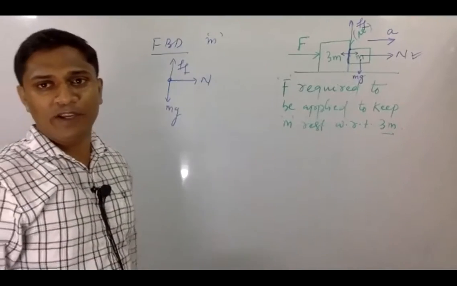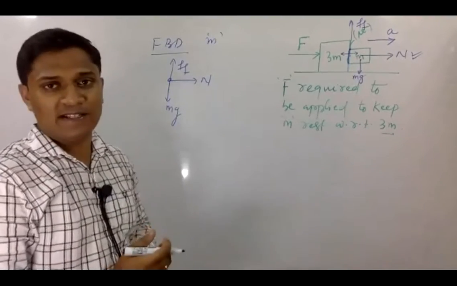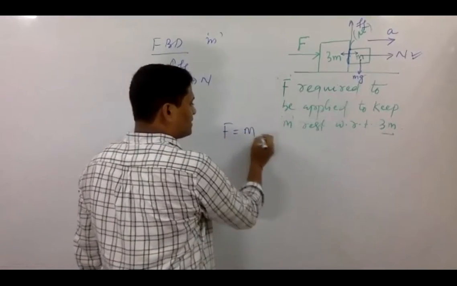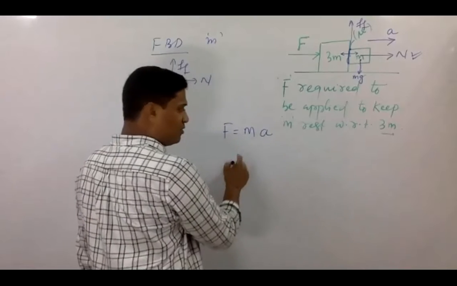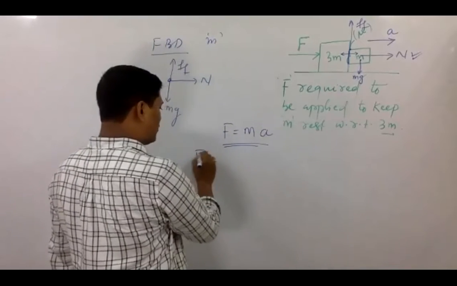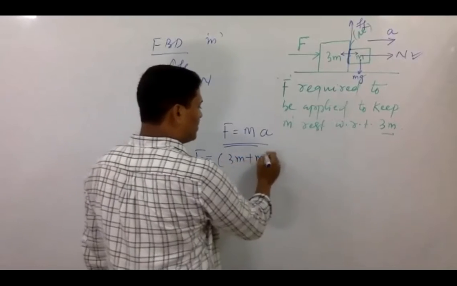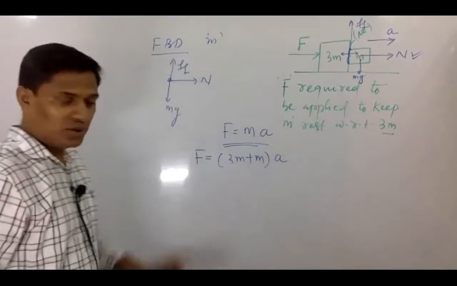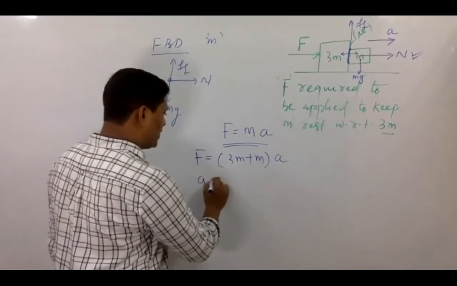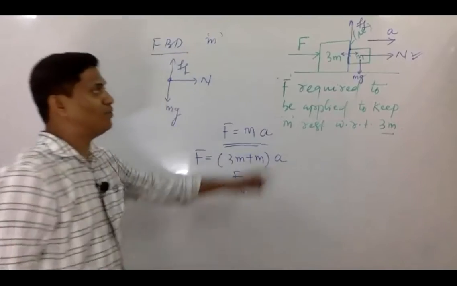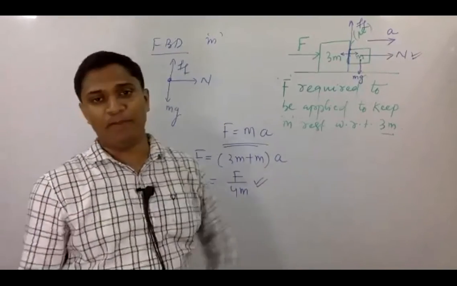Both the bodies are moving right side with a common acceleration. And what will be the common acceleration? Students, you know, force is equal to mass into acceleration. Yes or no? So if I'll be putting here, you can see that force is equal to how much? Mass is 3m plus small body mass m, into a, right? So the common acceleration of both the blocks is going to be a is equal to F by 4m, correct?